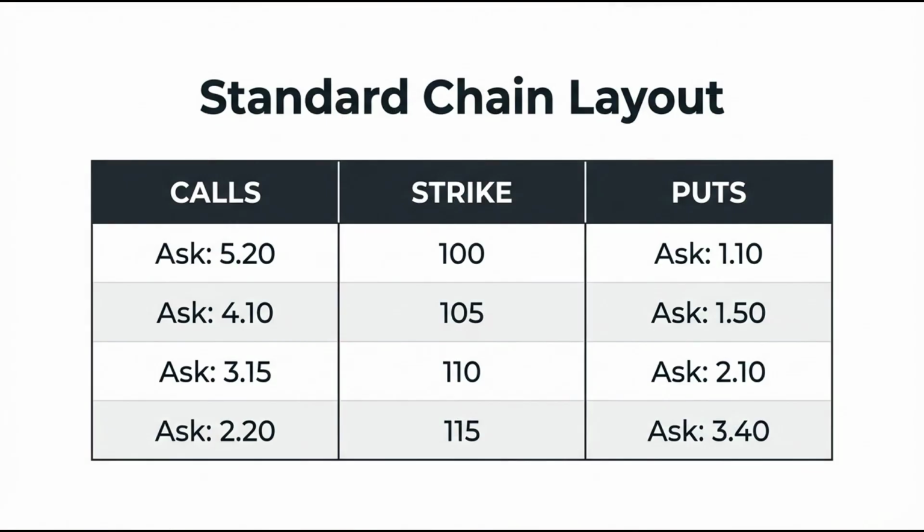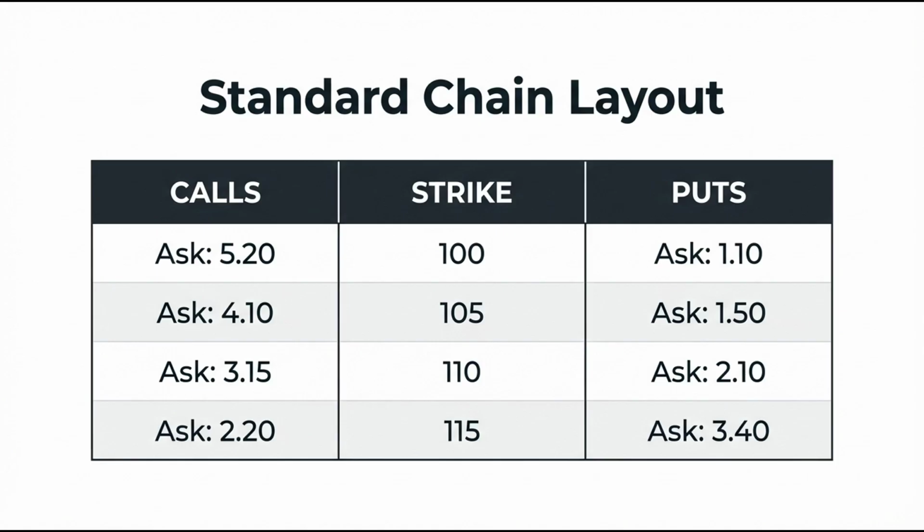The center column acts as the anchor, displaying the strike prices sorted numerically. On the left side, you have call options, representing the right to buy, and on the right side, put options, representing the right to sell. Each row corresponds to a specific strike, while the tabs at the top allow you to toggle between different expiration dates. Always confirm you are viewing the correct expiration cycle before analyzing the data, as liquidity changes drastically between weekly